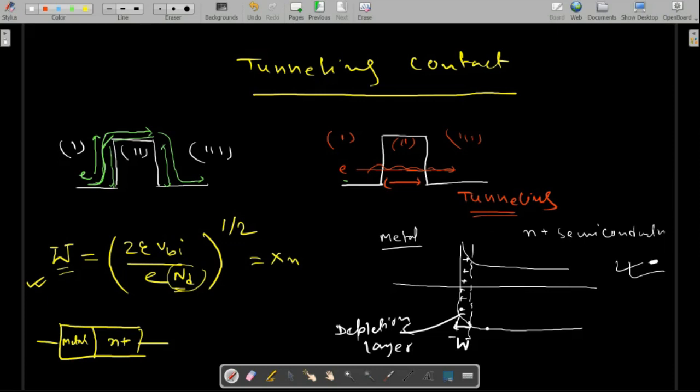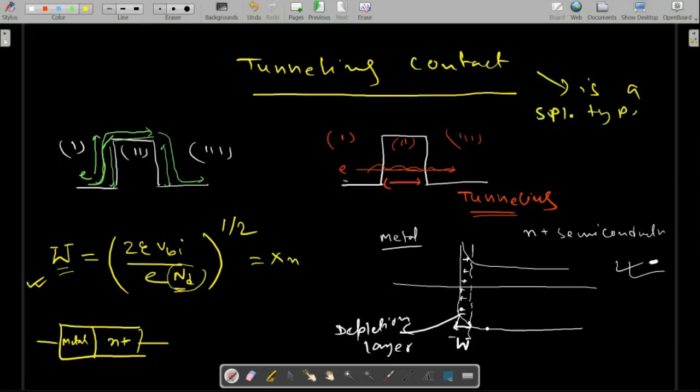The whole topic is metal and n-type semiconductor. Which type of contact? Rectifying contact, good. So it is a rectifying contact. So what is a tunneling contact? A tunneling contact is nothing but a rectifying contact. Very interesting thing. So a tunneling contact is a